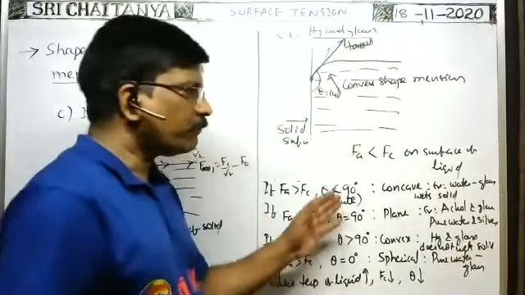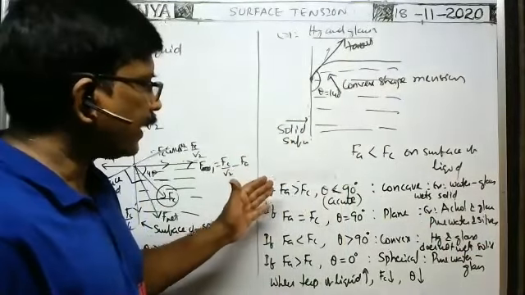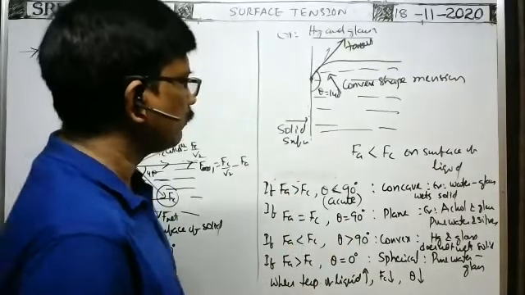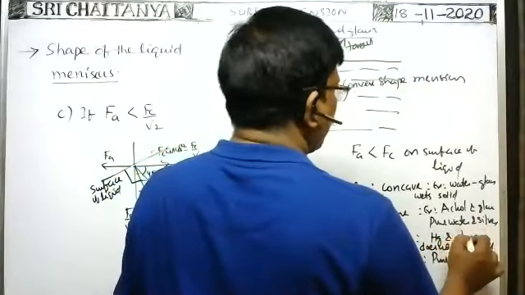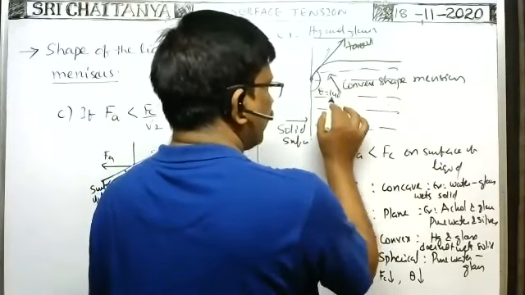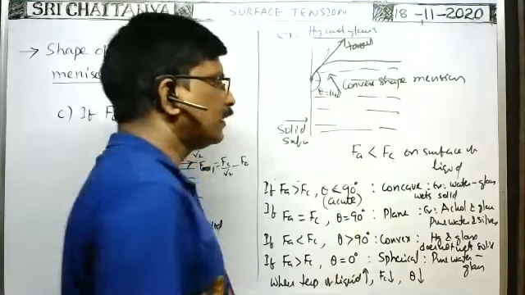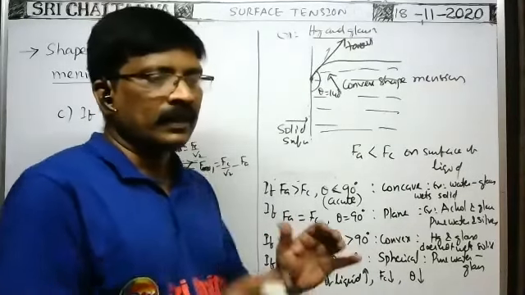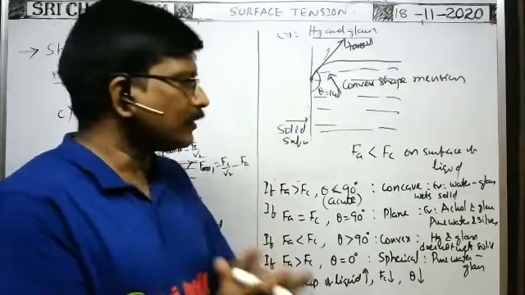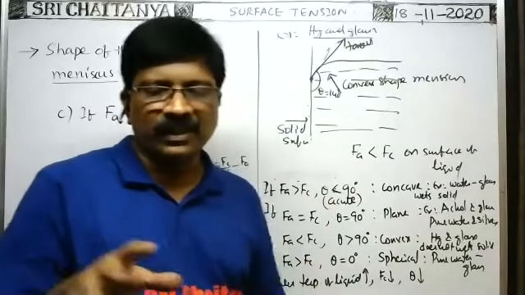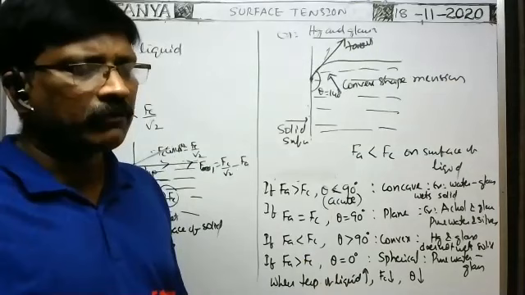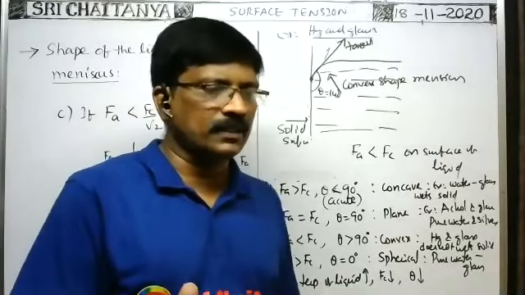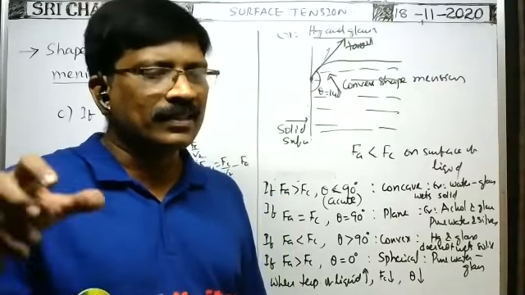Suppose in case of mercury and glass, the angle of contact is greater than 90, which means 140 degrees in case of mercury. In such case, adhesive forces are less than cohesive forces. That's why mercury molecules do not stick to the glass. Suppose mercury falls on the surface of the floor, the angle of contact is greater than 90. In that case, cohesive forces are stronger than the adhesive forces, so the mercury does not stick to the solid.